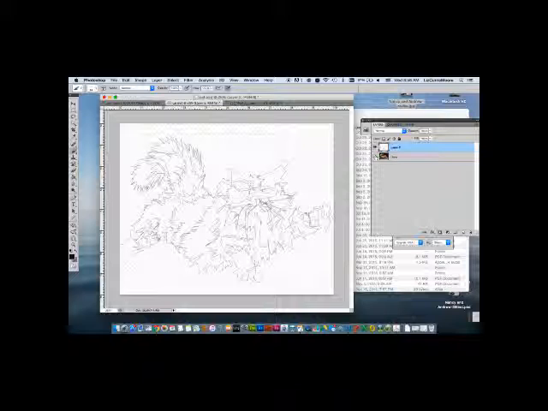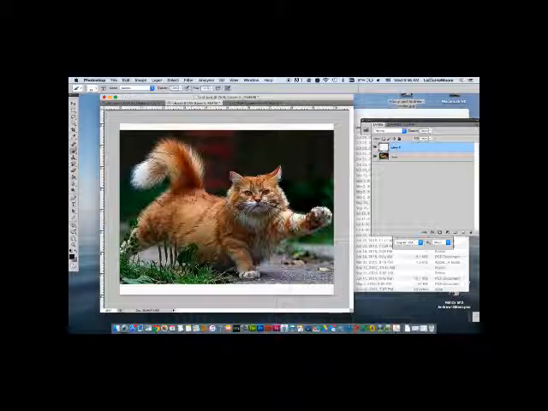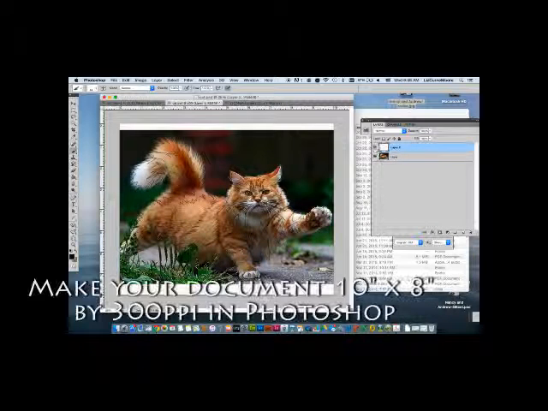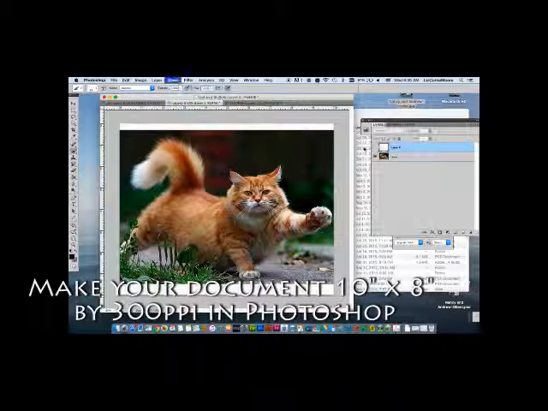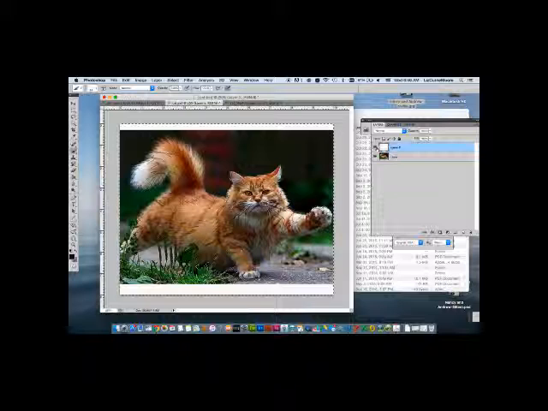Then you want to do a contour drawing. Notice this beautiful contour drawing that I have of the cat. And you can see that I have put them both into one document in layers. To do that, you would just Control A, select all, Control C, copy, and then Control V, paste. So you have them both in one document with two layers. I would put your line drawing at the bottom,